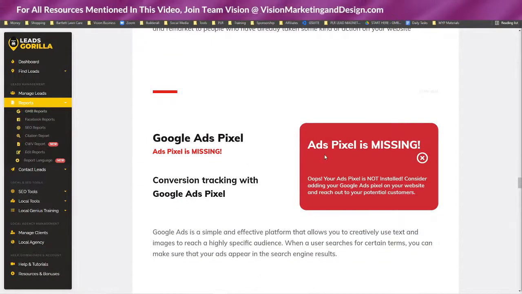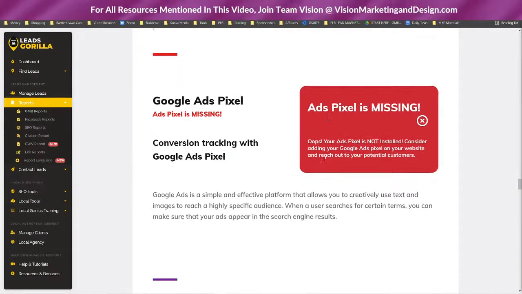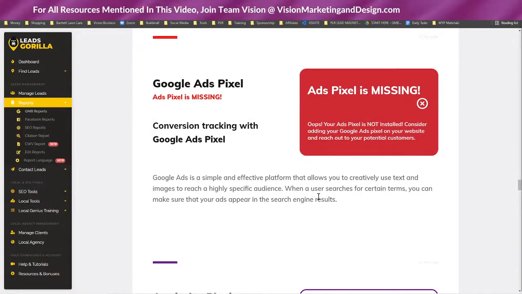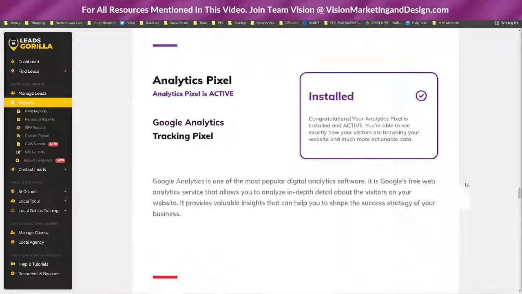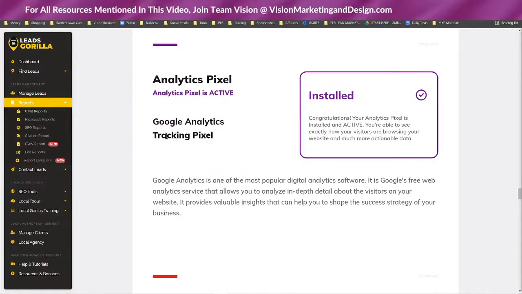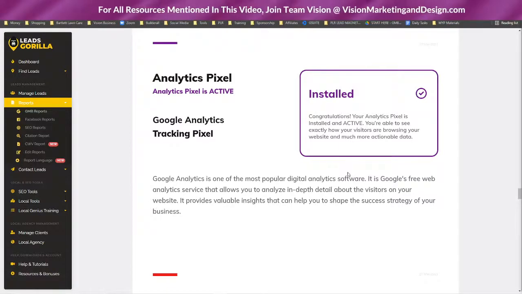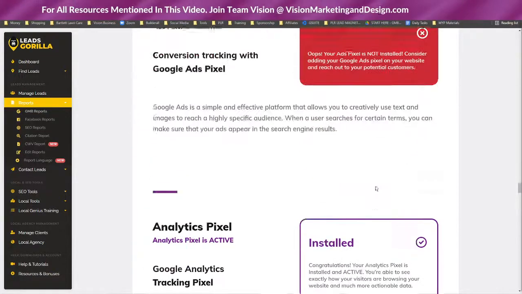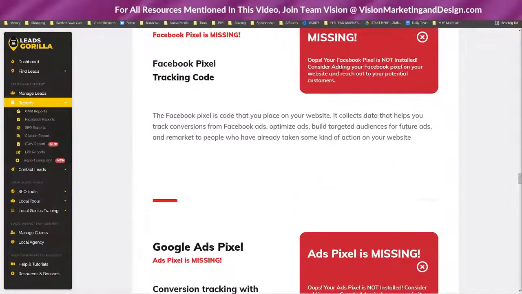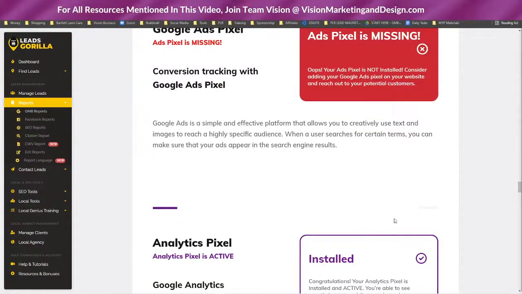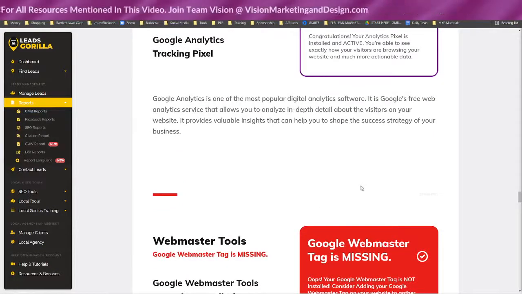Also, Google Ads pixel. So they don't have one of those on their website either. And a lot of times people build their websites on Wix or some cheap website builder, and they don't have access to even add these things or know that they can add them. And a lot of the times, if the business owner themselves has created the website, they've never even considered that. It does show though here that this Google Analytics tracking pixel is installed. So you can say, yay, great job. That's awesome. If we could just pair it with the Google Ads pixel and the Facebook pixel, then we could really start gathering together some information and help you streamline your marketing dollars.